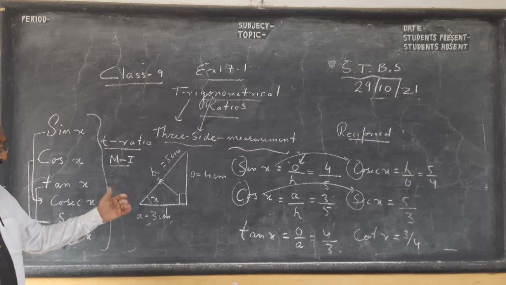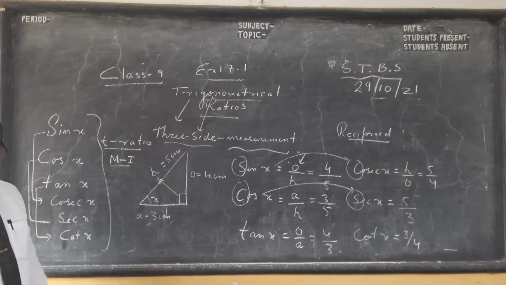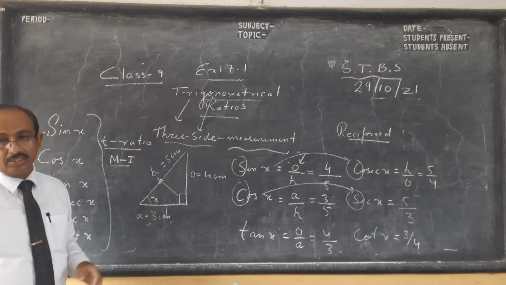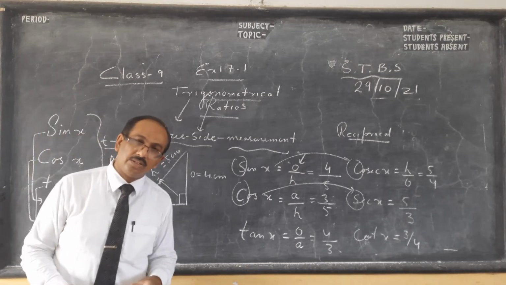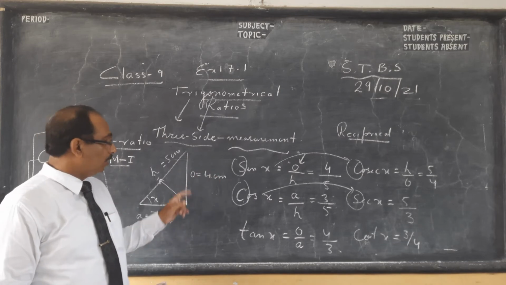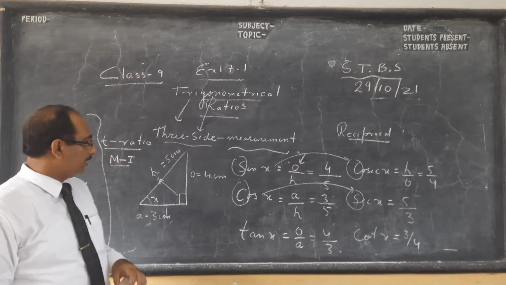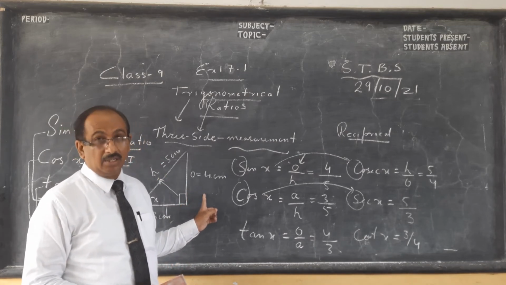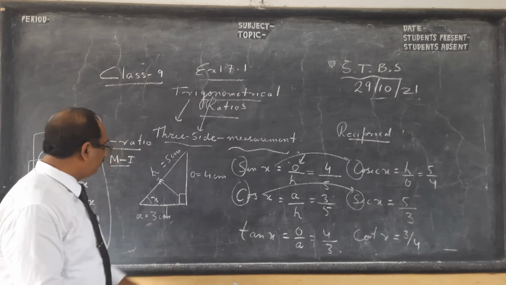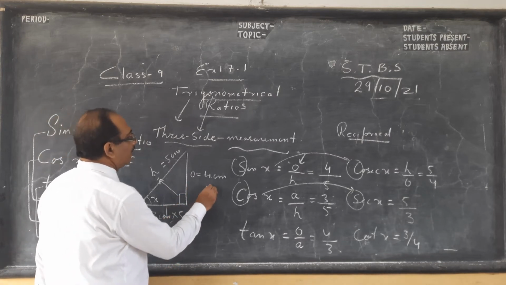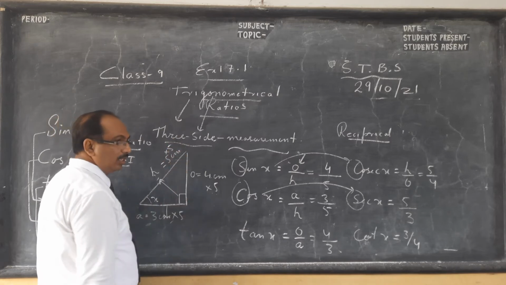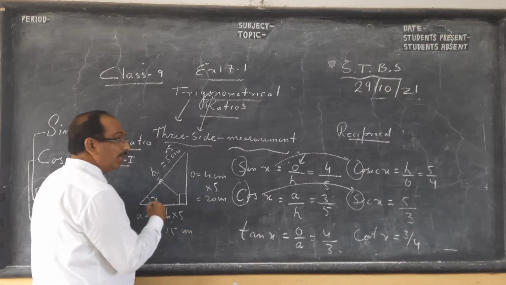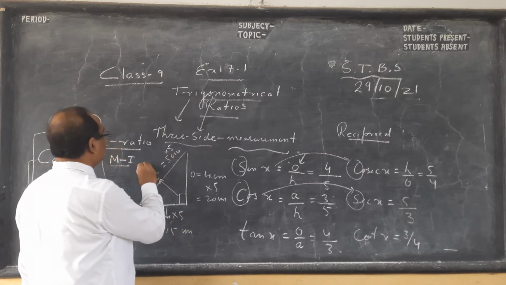So, we will take a few examples from the book. You can use Concise or ML Aggarwal, which we are using, and see a few sums. But one thing before I tell you to copy is that you should be very good with your Pythagoras theorem. In class 9 I made a number of videos, especially one on Pythagorean triplets. So these are 3, 4, 5 and multiples of that. You multiply with 5, 5, 5. This is also a Pythagorean triplet. This will give you 20 centimeter, 15 centimeter, and 25 centimeter. A multiple of a triplet is a triplet.